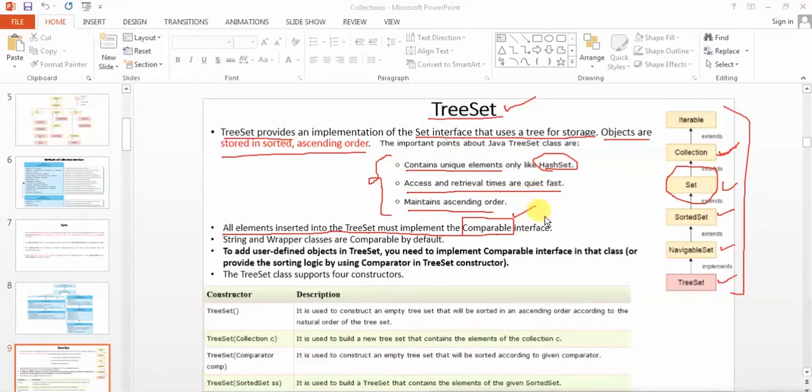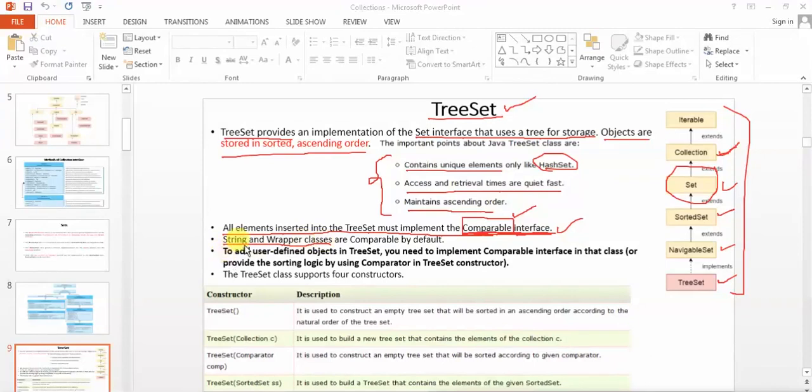So definitely you have to make some class, make objects of that class and insert them inside the tree set, and the class whose objects you are going to add must implement this comparable interface, otherwise you will not be able to add those class objects inside the tree set. So that is what this particular line means: string class and wrapper classes. I hope you know wrapper classes: integer class, float class, double class, and so on.